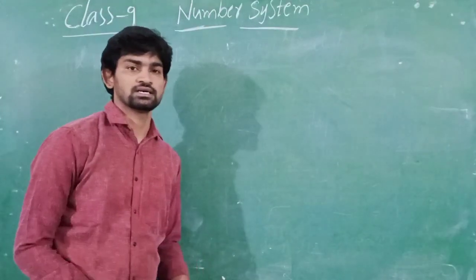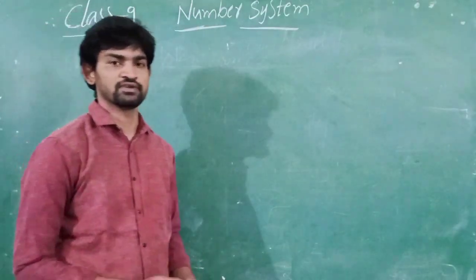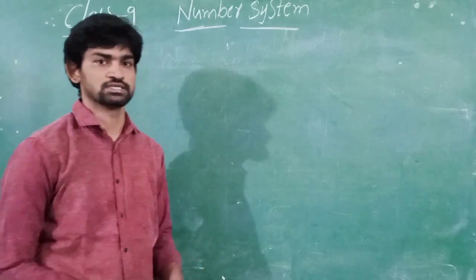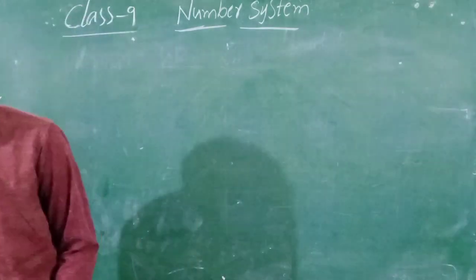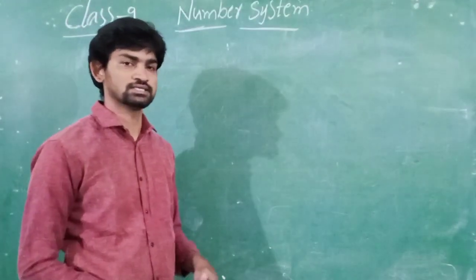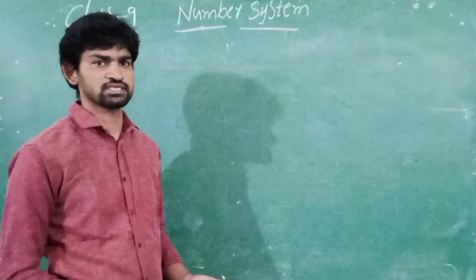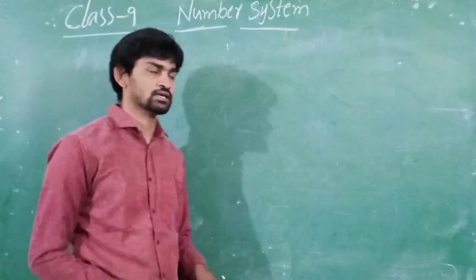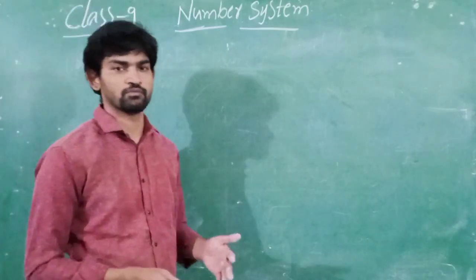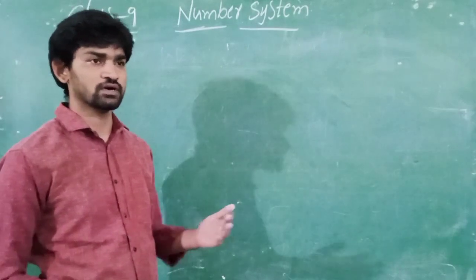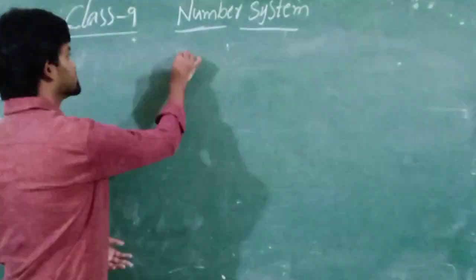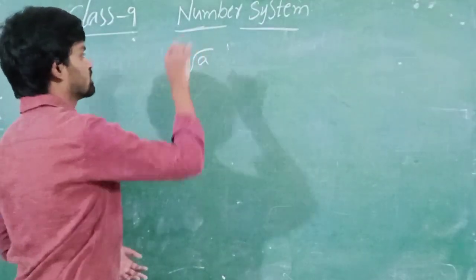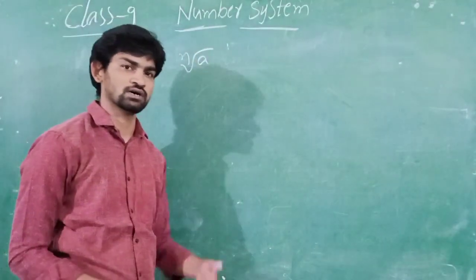The next, our last topic we will discuss now, surds. Surds and their properties and a few formulae we will discuss. Okay, now directly I write the properties. What is a surd or radical? Any number which is in the form of nth root of a is called a surd.